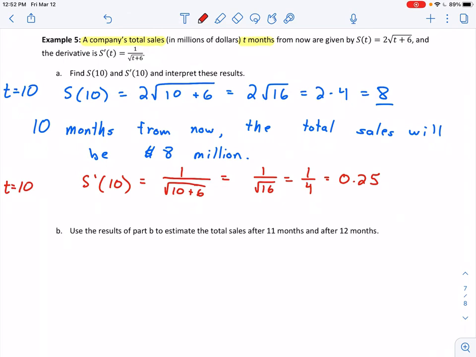Now, interpreting this quantity is going to be a little bit different because the derivative tells us something different. Remember that the derivative, that s prime of t, that tells us the rate of change. So it tells us the rate of change at this one specific moment in time. So we're still talking about the same time from now. We're still talking about 10 months from now. And that's how I would start this interpretation. I would say, well, 10 months from now, what were we measuring? We were measuring the total sales. So 10 months from now, the total sales